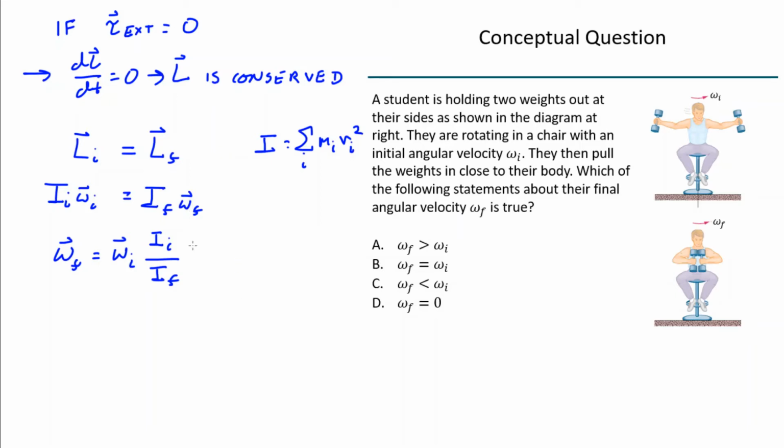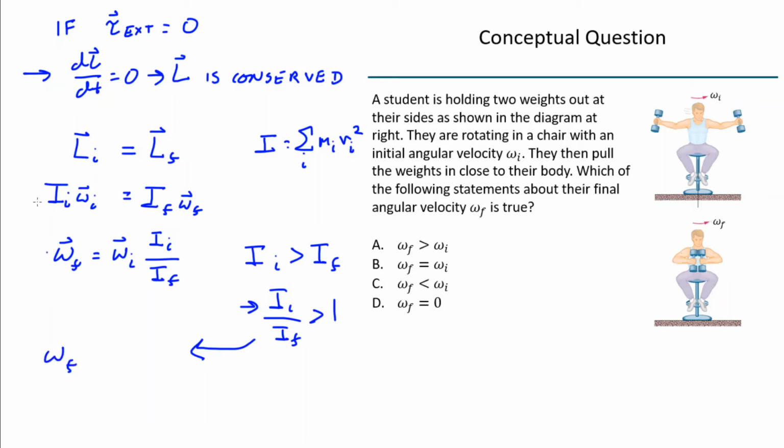So we know that I initial is greater than I final. This means that I initial over I final is greater than 1, and this means that omega final,